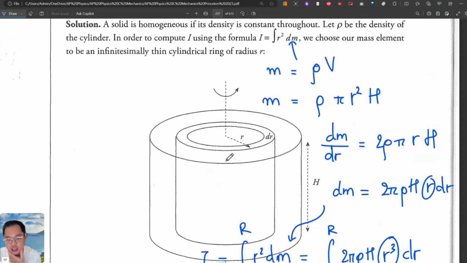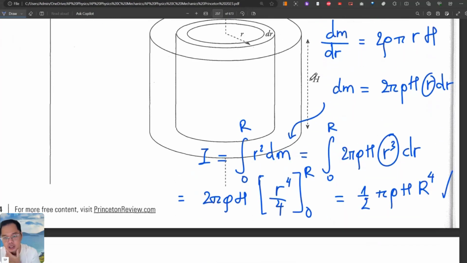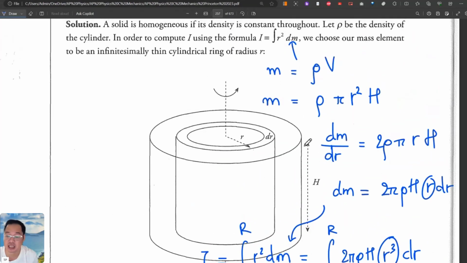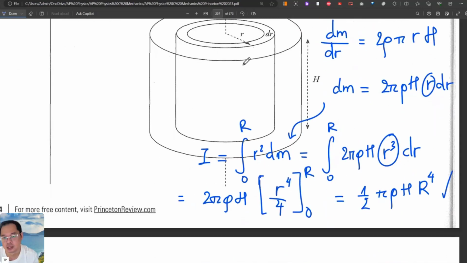This is a solid cylinder. When the height is relatively small, slim, then this cylinder looks like a wheel. So the moment of inertia of this